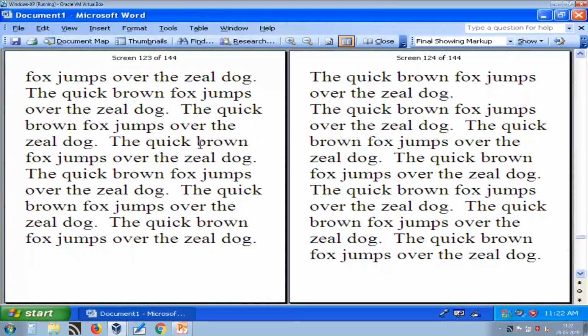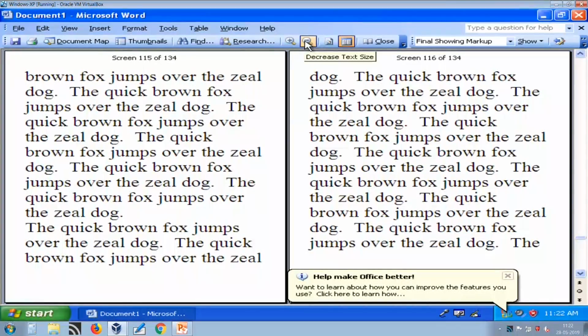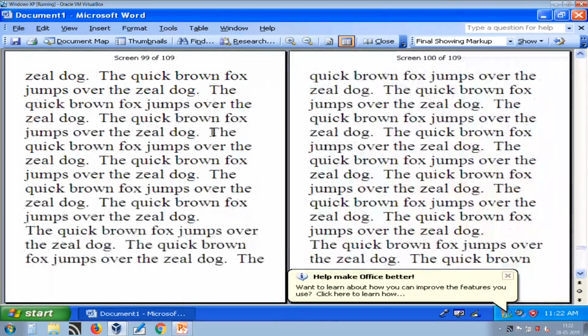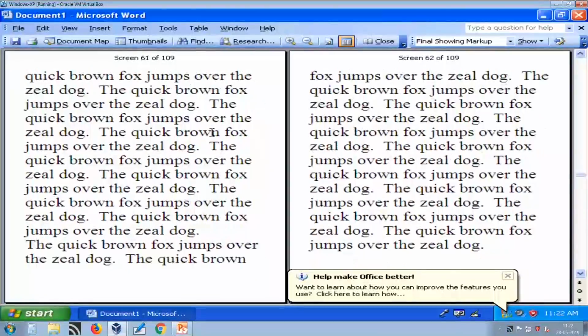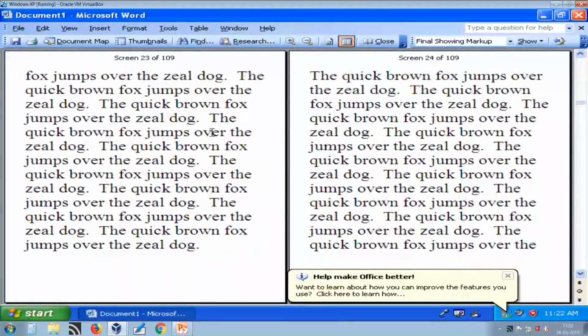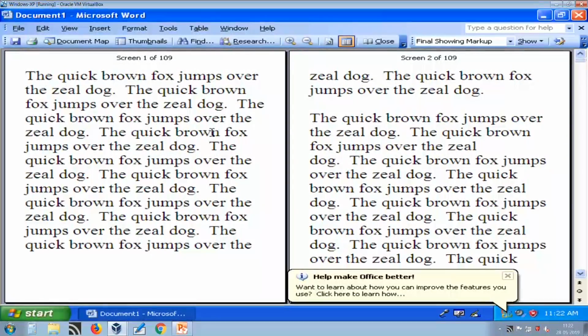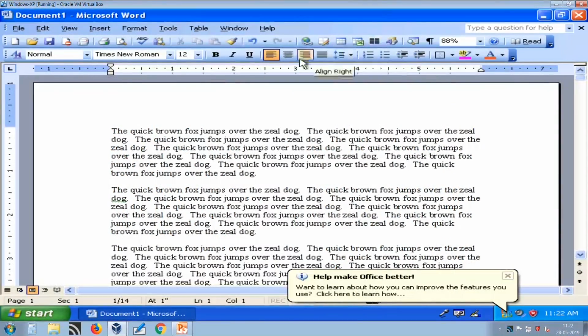Our content is not changed, but for the sake of simplicity we can read it in reading mode, and by zooming out you can decrease the text size. This layout is useful when you want to read your entire document but do not need to make changes. Here you can close the reading layout. I am just pressing the close button, and it goes back to the print layout.